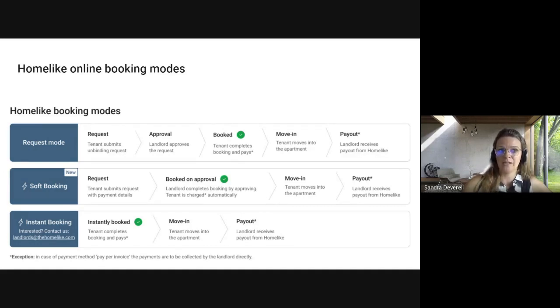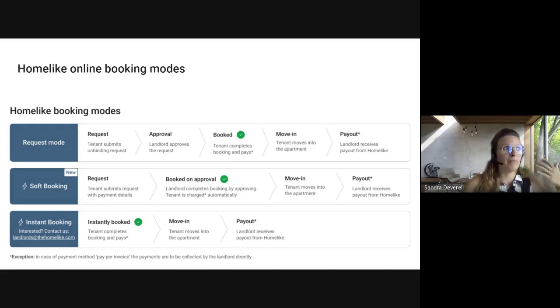And when you see a soft booking sign or the name soft booking within the requests, you know that the tenant has already put down his payment details, and with your approval, this booking can be confirmed and closed. Or instant booking, where you do not receive a request and you automate and say, my dates are up